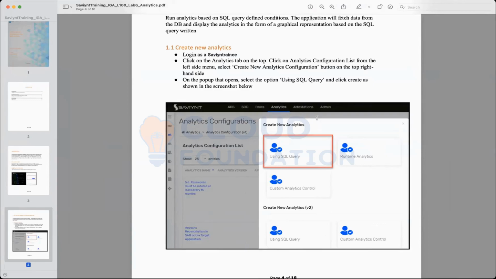Or I get a list of all the accounts of users whose identities are already disabled. They have left the company, but some of their accounts are still active. If I get a list of all such user accounts, one thing is that I pull out a report. The second part is that I also disable those accounts.